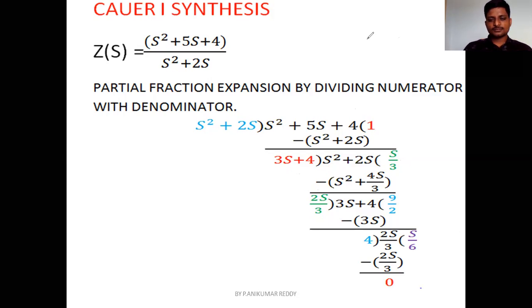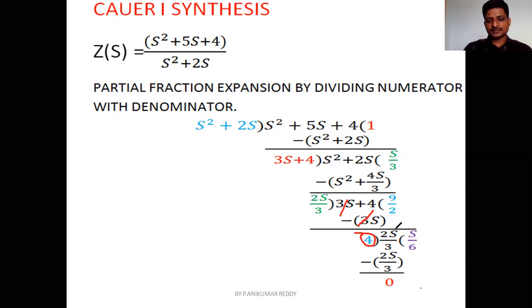The procedure is the same. Again you have to compare the first terms. Here you have s, and there you also have s. The powers are the same, so there is no need to write s in the numerator or denominator. Then you look at the values. Here you have 3, and there you have 2 by 3, so you invert it to 3 by 2. If you multiply them, you get 9 by 2 as the quotient. If you multiply 2s by 3 with 9 by 2, you get 3s. Once you get 3s, that is cancelled, and the remainder will be 4.